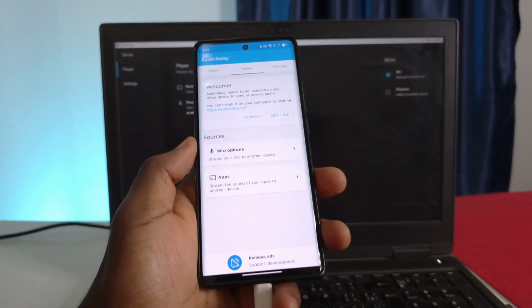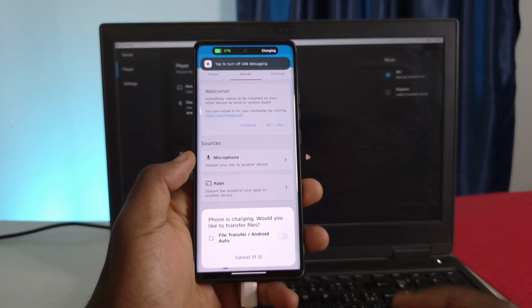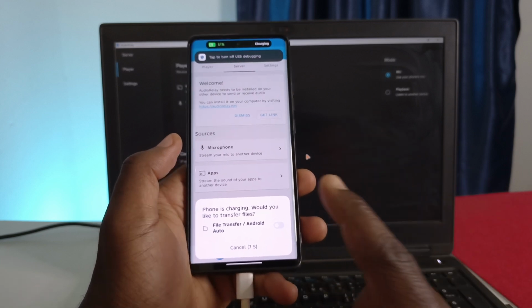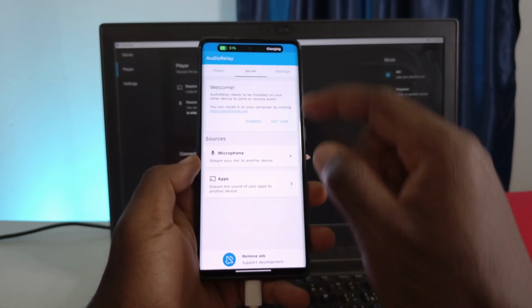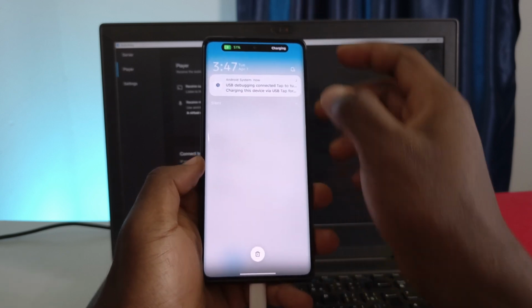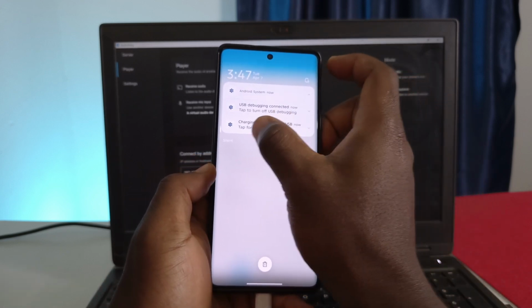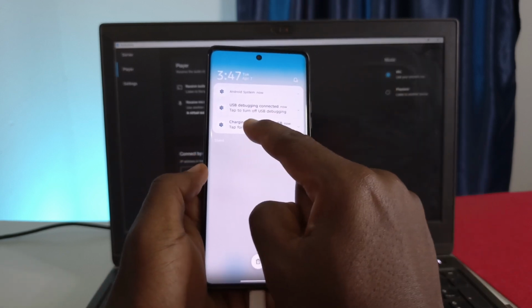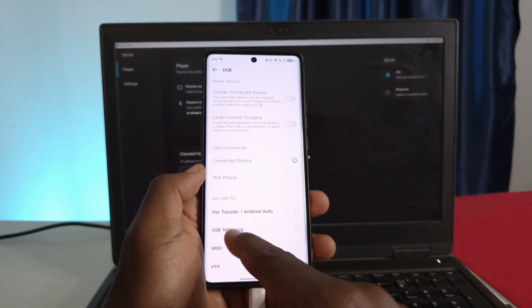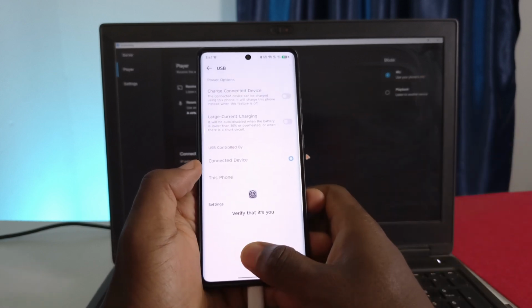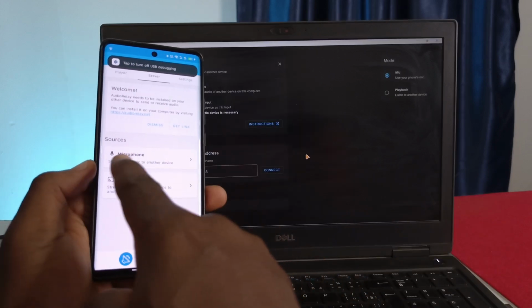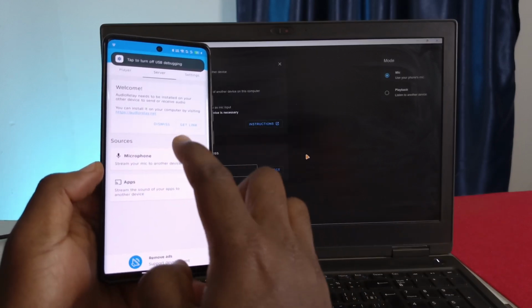and on my phone you have to use USB tethering. So what I'll do now is swipe down from here, I'll tap here, I'll switch from charging mode to USB tethering mode. So I'll tap here, enter my fingerprint. If I tap microphone,